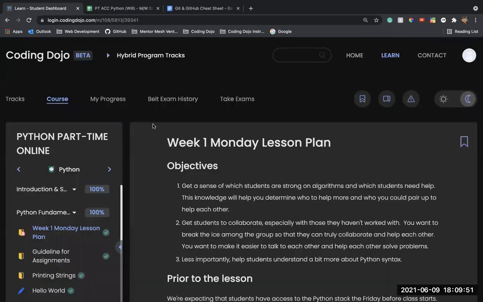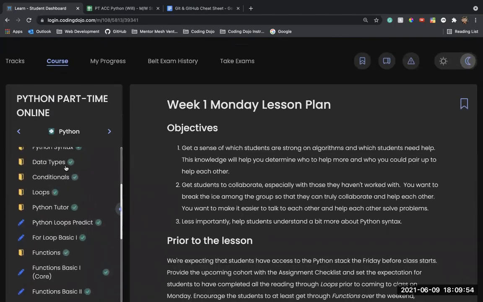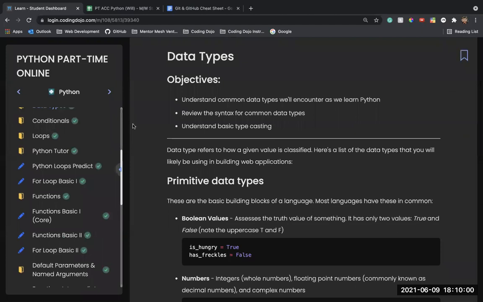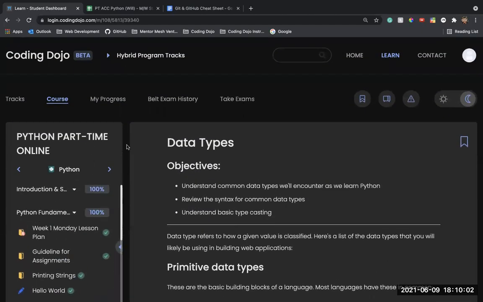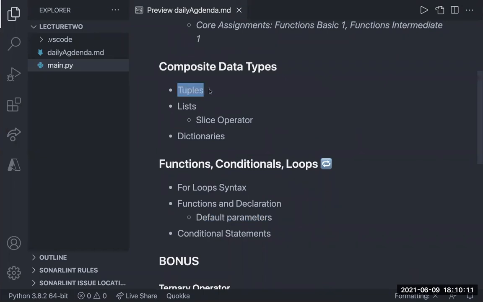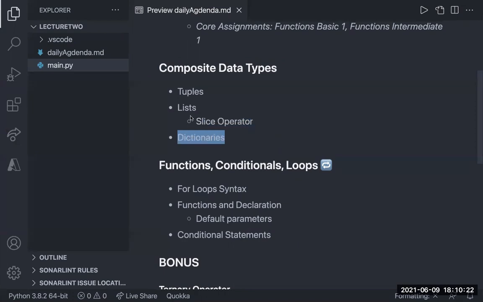Cool. So we're going to be finishing this fundamental section, and we've got some really fun things, some cool data types that we're going to talk through and introduce as well. It's this thing called a tuple. We're going to talk about lists, conditionals, conditional statements, for loops, functions, declarations, default parameters. First off, we're going to talk about our composite data types, which are tuples and lists. We're going to talk about the slice operator, which is a neat, quick thing to do, and you'll see it quite a bit in Python. And we're going to talk about dictionaries. And then again, we'll talk about all this other stuff down here. Like I said, it's going to be a pretty simple one today, but I'll leave a lot of room if there are any questions or confusion.